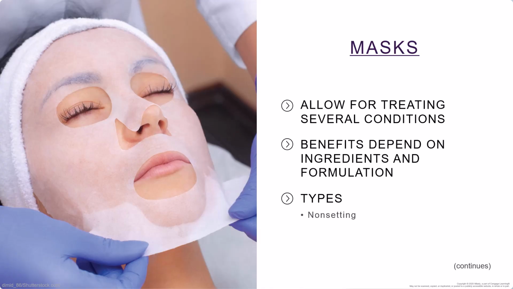There are different types of masks. So we have non-setting masks, which are designed to remain moist on the skin to provide nourishment. So they don't dry or harden or set up, and they're more beneficial for sensitive skin, inflamed, aging, dry, and dehydrated skin. So they can come in gel forms with soothing ingredients like our gel therapy, or in a cream consistency with moisturizing plant oils and other emollients like our